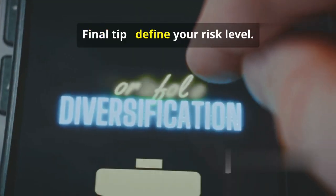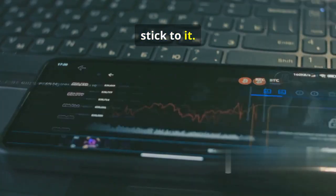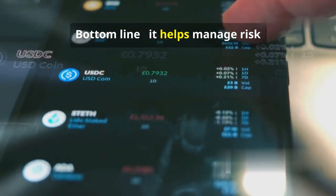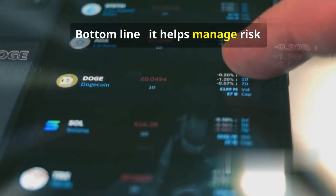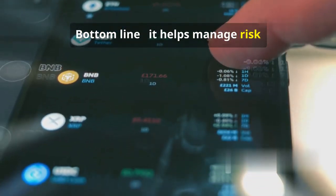Final tip: define your risk level, rebalance periodically, avoid chasing hype. Diversification only works if you stick to it. Bottom line, stay diversified and stay ready for